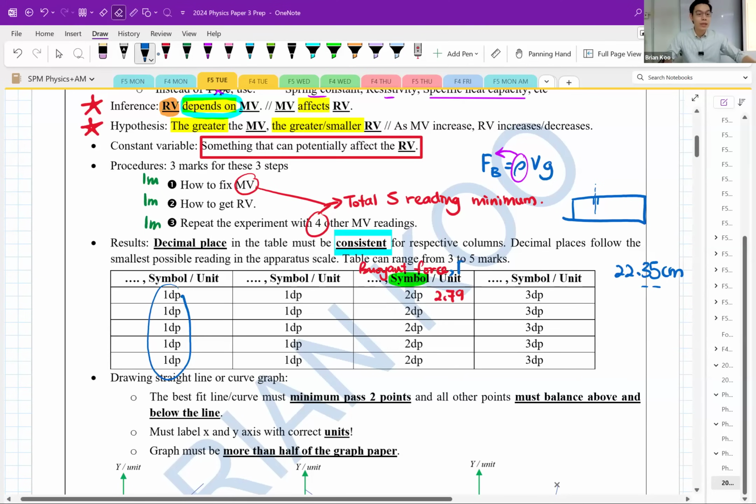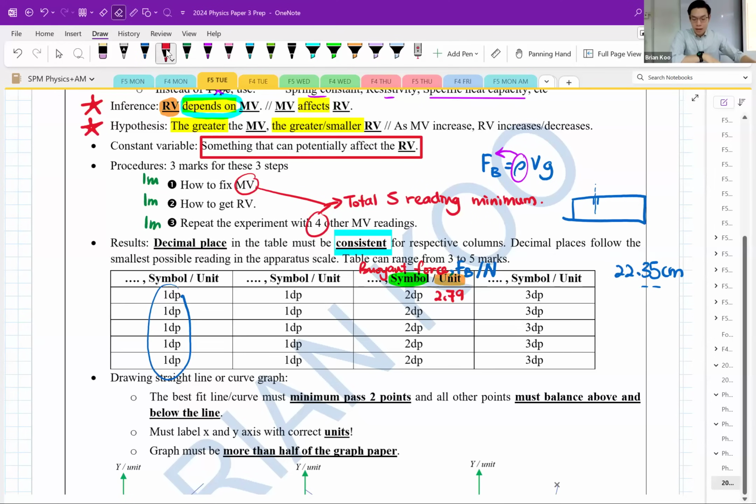You follow the question, maybe the question says FB. You also want to make sure there is a unit. No unit, no mark. No unit, immediately lose mark. In your paper 3, it's all these small things. The paper 3 is not hard, but a lot of small parts will get you to lose marks. The whole table can cost 5 marks sometimes. Can sometimes cost 5 marks or 4 or 3, depending.